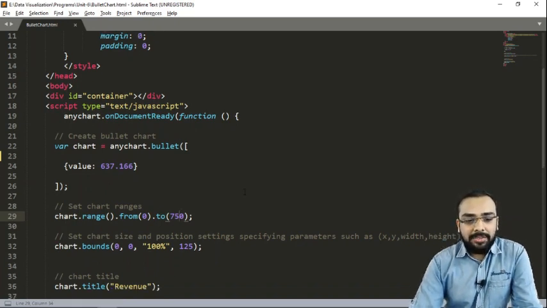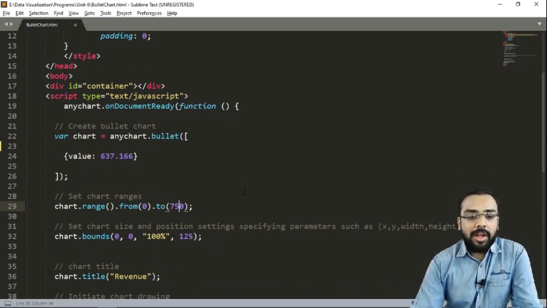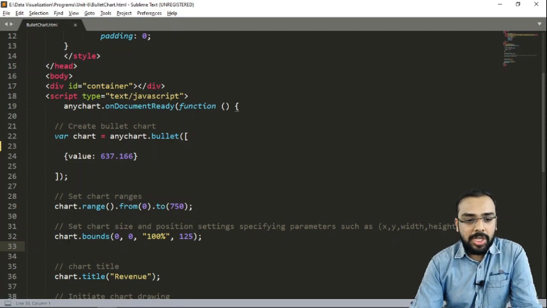The next thing that we have to specify is at which location we want to create this particular bullet graph. To specify the coordinates, width and height of our bullet graph, we have to use the bounds method, which we can access directly on the chart variable. So we have written chart.bounds.